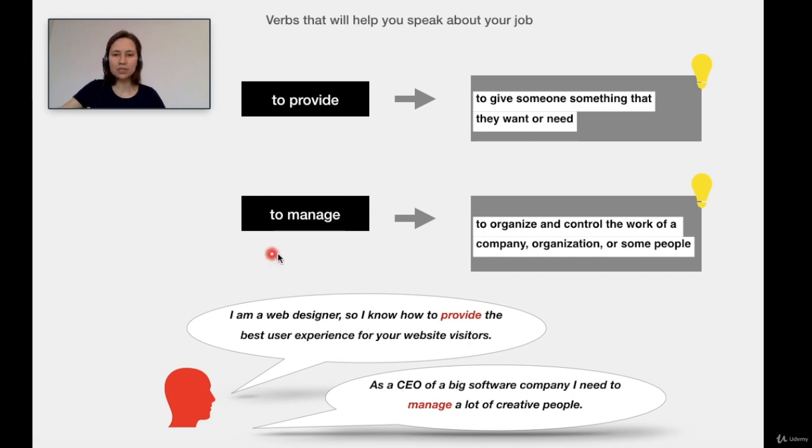The next word is to manage. To manage means to organize and control the work of a company, organization, or a group of people. As a CEO of a big software company, I need to manage a lot of creative people. That's a difficult task. To manage means to control and organize the work of a lot of people.